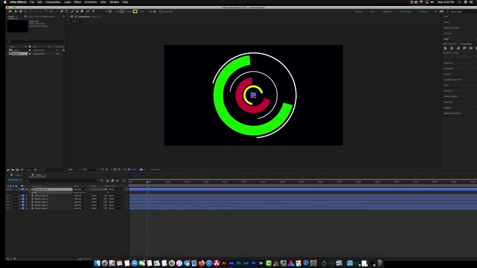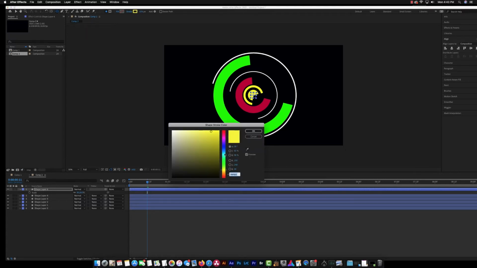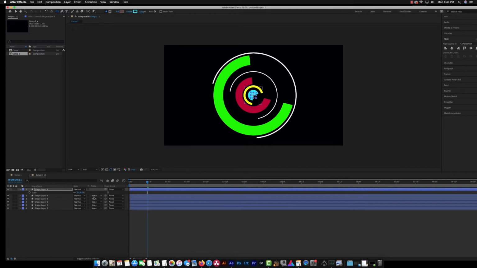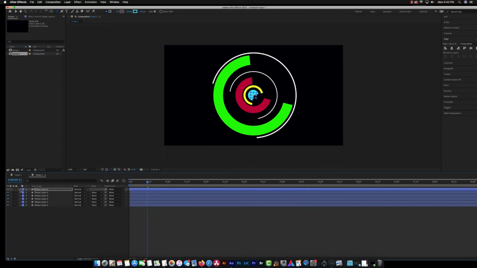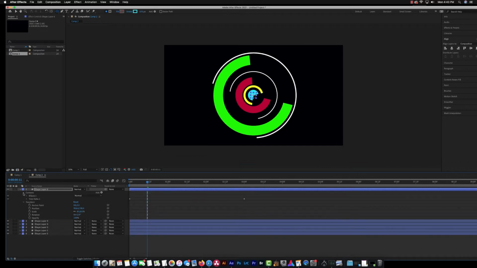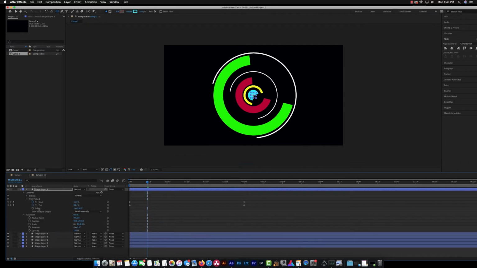Now this one I'm going to make really thick using the stroke. So I'll go ahead and crank up my stroke value. I almost want like a solid looking circle here. I'll change the color to light blue. Click OK. And go down to offset, just like we have before. I'm going to click the triangle. I'm going to go to contents, trim paths, offset, and I'm just going to rotate it to, I don't know, there. And that should do it. Let's go ahead and click off